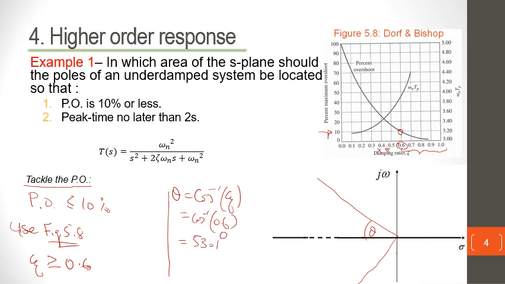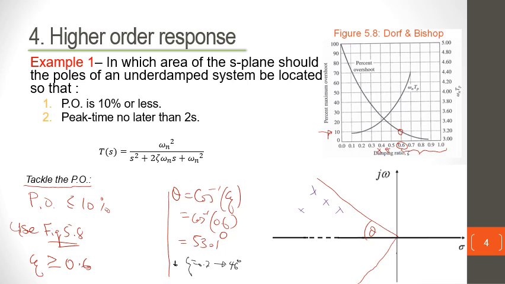So this gives us 53.1 degrees. And we can check as to what happens when, say, our damping factor is 0.7. When the damping factor is 0.7, you can use a similar calculation to find out that the angle is around 45.6 degrees, which means we are looking for